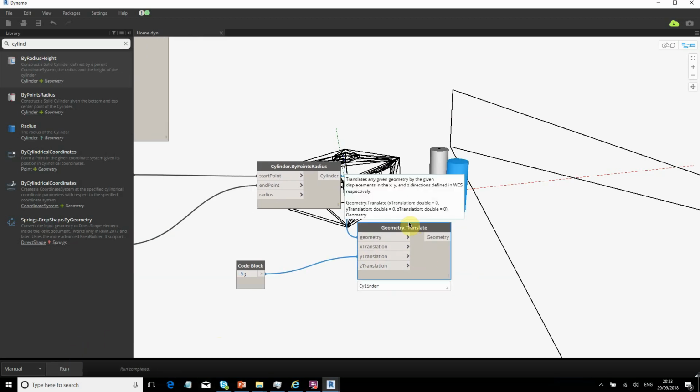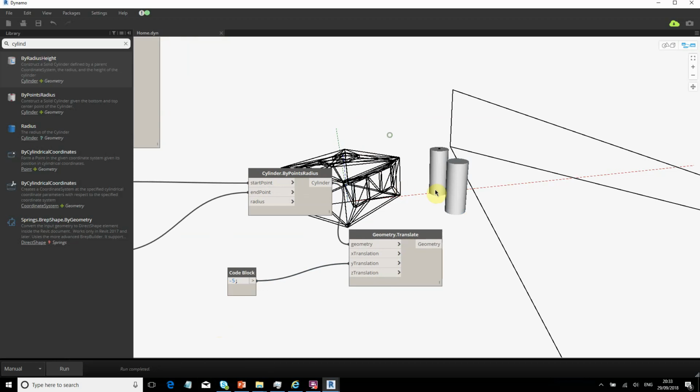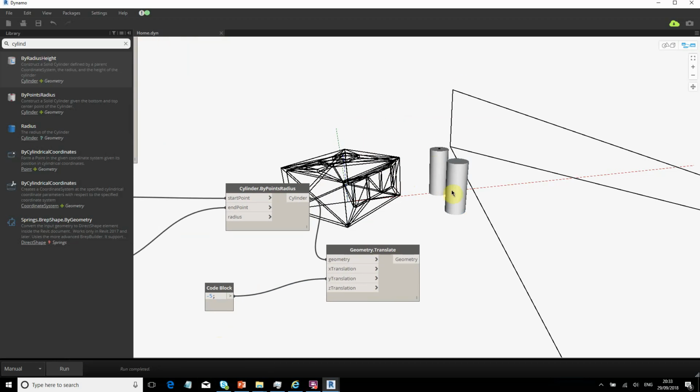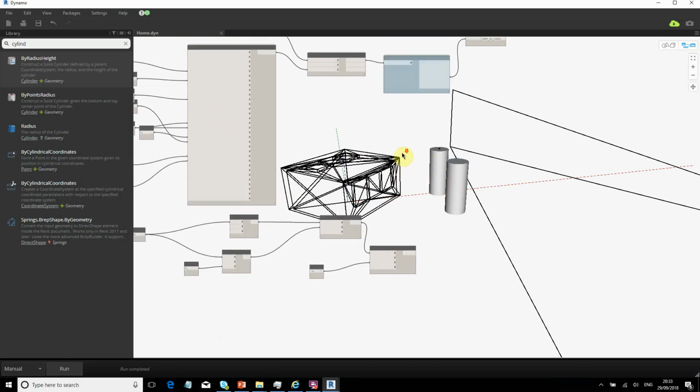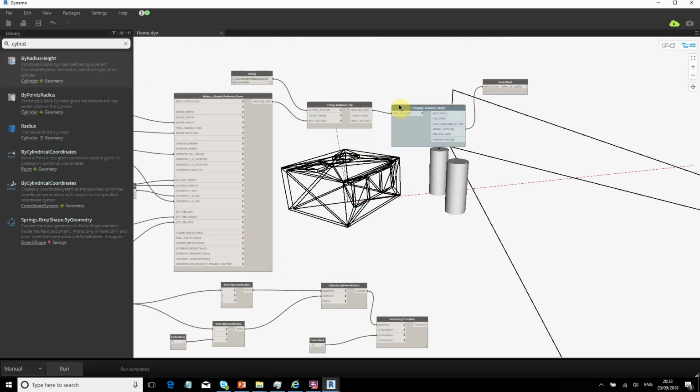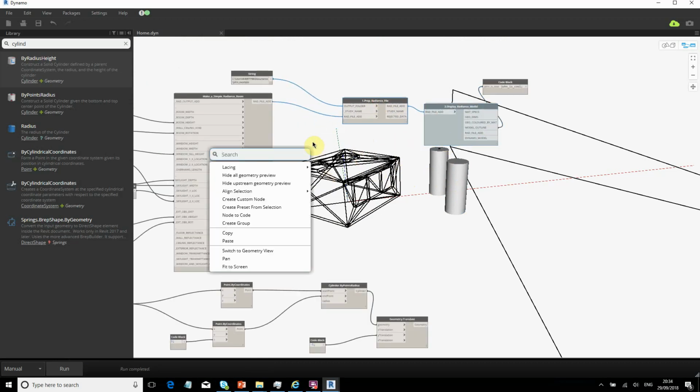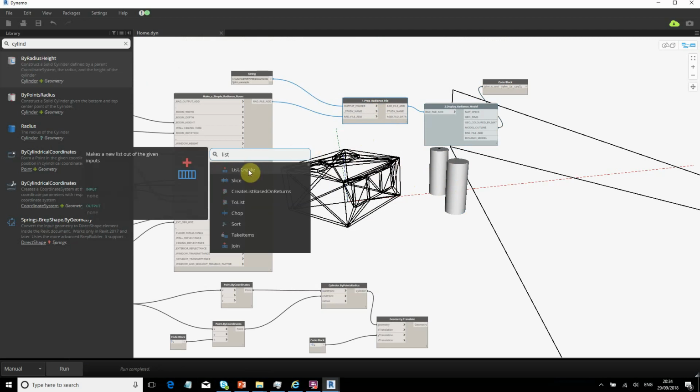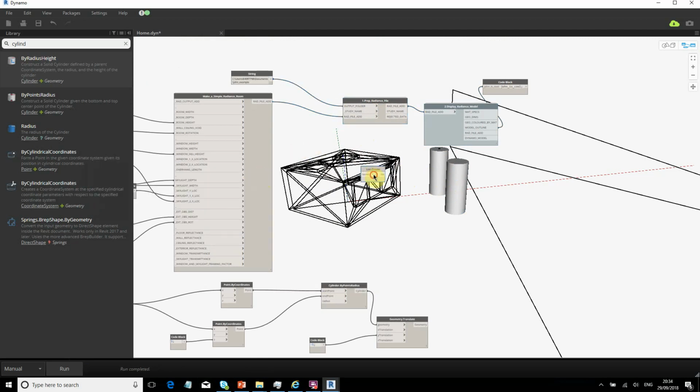So these are Dynamo geometry. That's not going into Revit. The only thing that's going into Radiance is this stuff here. So what we need to do is right click and add list. Create a list. And what I'm saying is into my list I want you, and I want